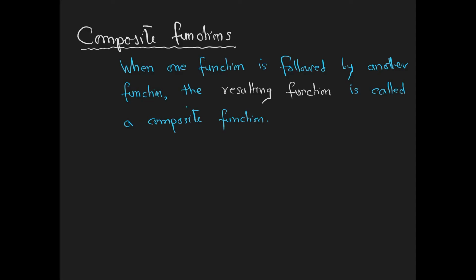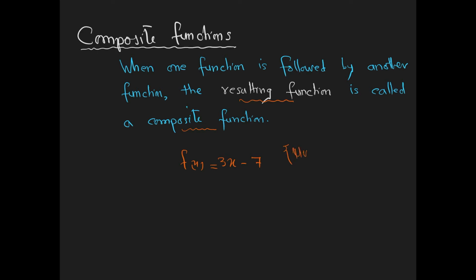In this video, we are going to discuss composite functions. When one function is followed by another function, then the resultant function is called a composite function. Most of the functions that we meet can be described as composite functions. For example, if we have a function f(x) is equal to 3x minus 7, this function states that first